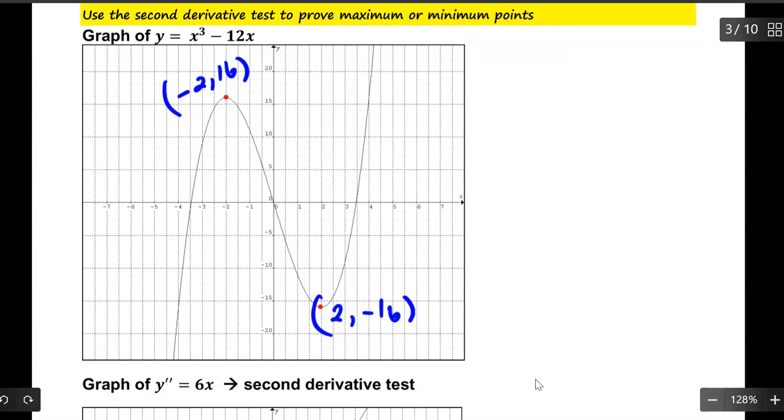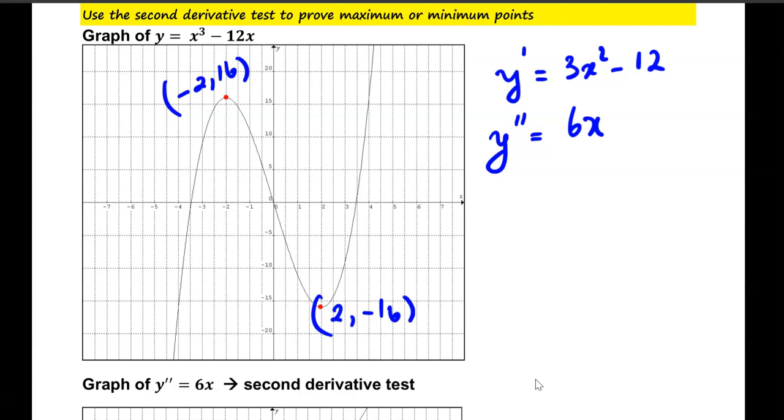Okay, so what we are going to do is put y prime equal to 3x squared minus 12, because I need this in order to find my second derivative. The second derivative for this is just 6x. And what you do is substitute the value of x